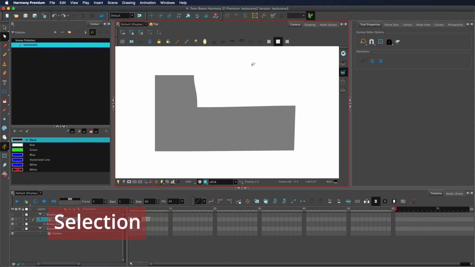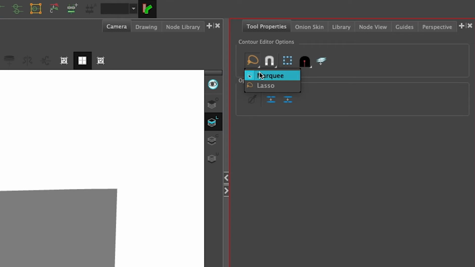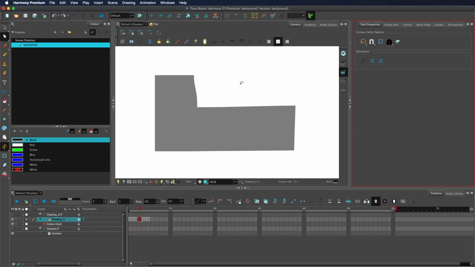By default, by clicking and dragging via your mouse cursor, you will draw a lasso shape. If you want to change it to a marquee, use this button here and select marquee. Alternatively, you can hold Alt to temporarily swap that. So you see I'm on the lasso, if I hold Alt, it then does marquee, and it would be vice versa. If I was on the marquee, it would do the lasso by holding Alt. The snapping options are similar to the select tool, but have a few minor changes.